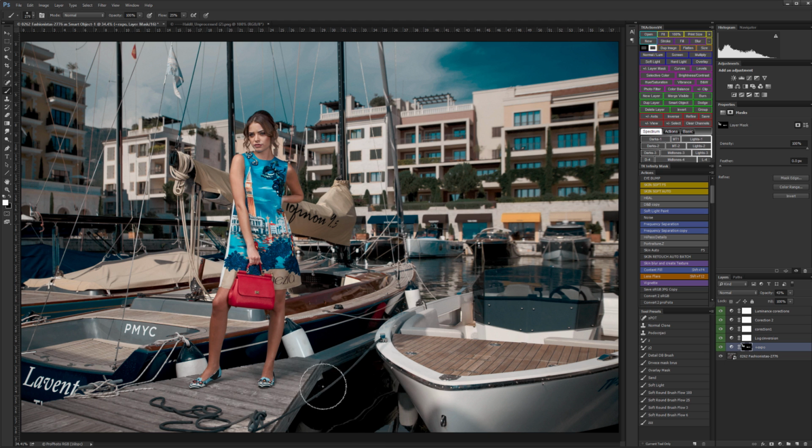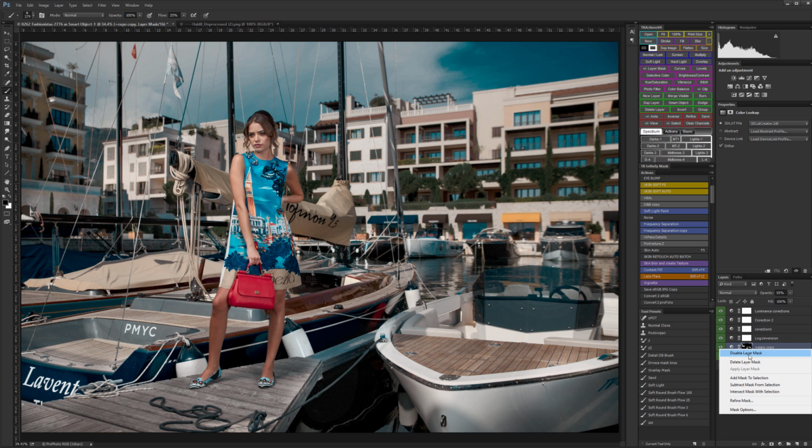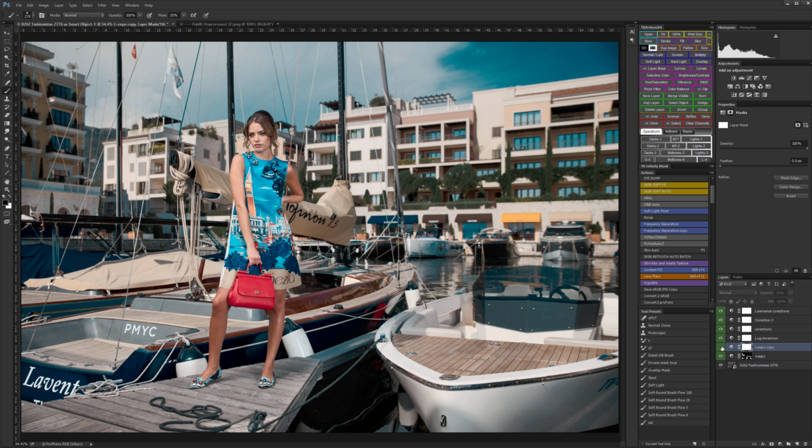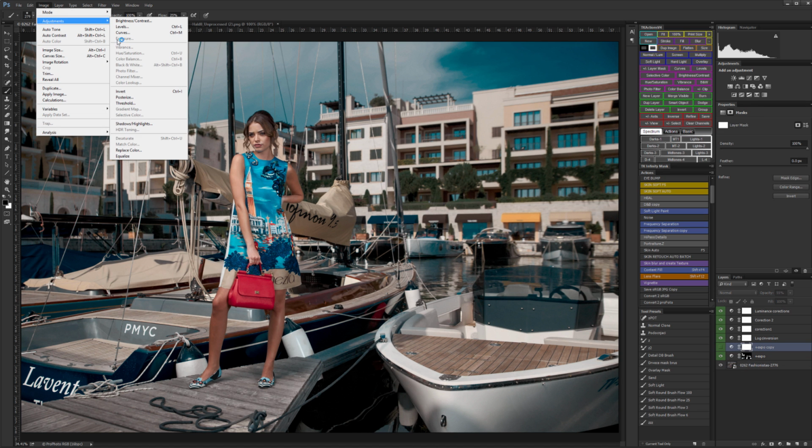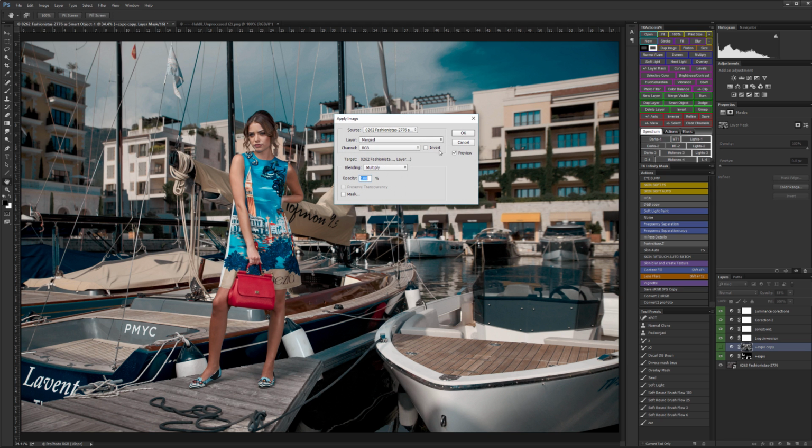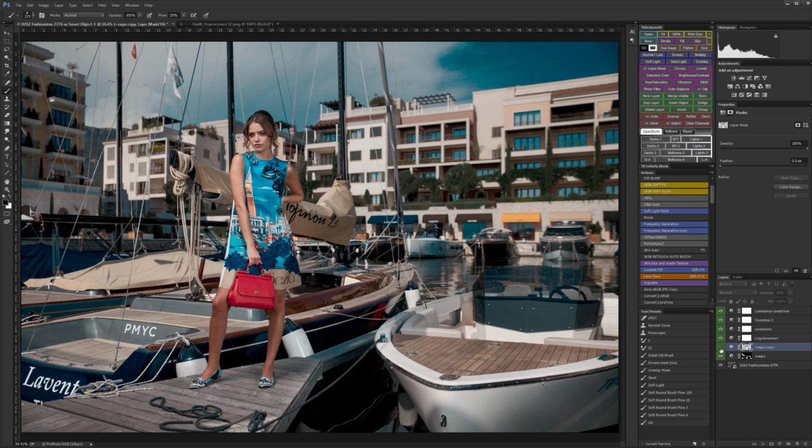This is great because you have options after you've edited your grade. I can also maybe duplicate this and just apply it to my shadows so they don't go too dark. Group this, make another mask for it, and pull my shadows from this part. So these are my log